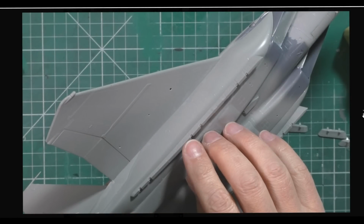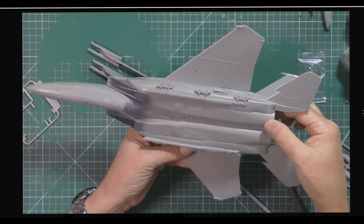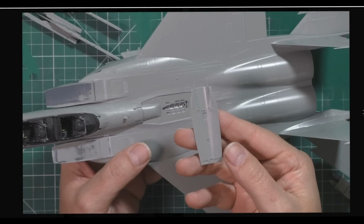But as you can see, we get these actual fuel tanks onto it. We talk about the acrylic rod for the heat blur effect from the actual engines, because obviously this one's in flight, as you can see, and go through the motions of getting it all packed down. Again, we had to do a little bit of work with the actual speed brake,